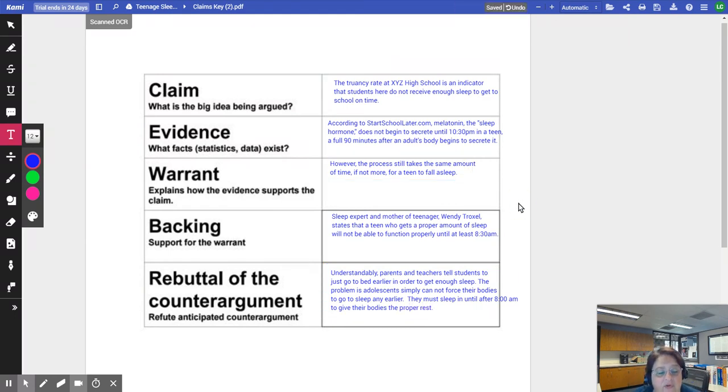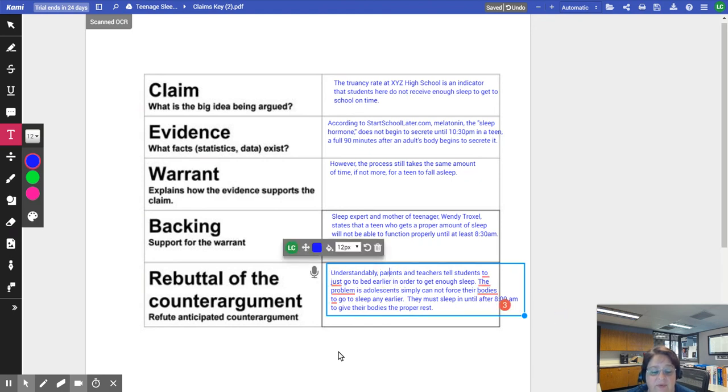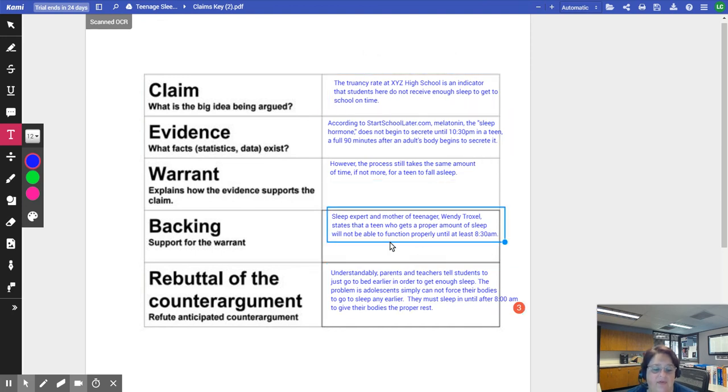Okay, so what I have here is my argument, and you don't have to do these in this particular order. It just kind of helps the flow of it. But you can actually move some of these around. For example, I could actually use this first if I'm writing the paragraph, because if I address the counter argument first thing off, then it's a little bit easier to actually rebut it with the information. But this particular worksheet is going to help you make sure that you get all the pieces that you need. And then it's up to you to figure out how you want to actually present the argument,